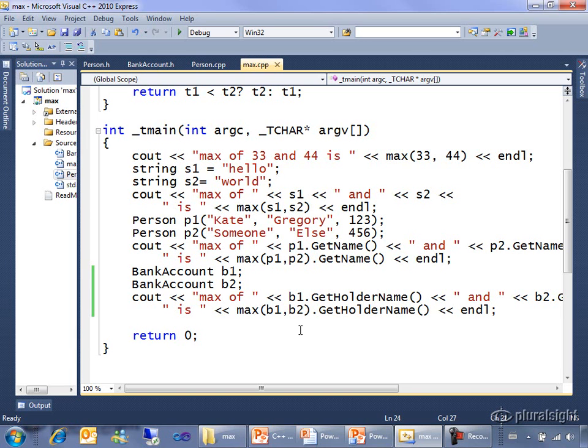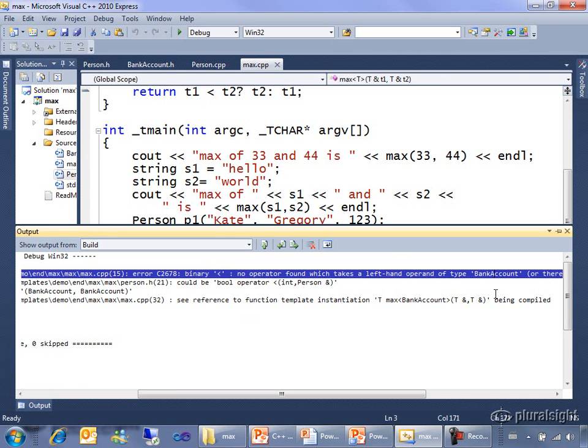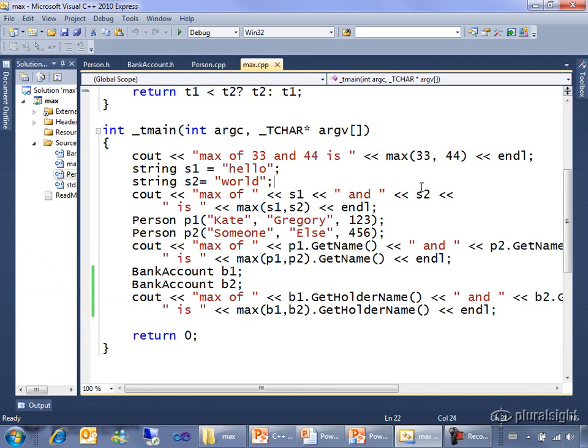You kind of need to know that max uses less than. And that by calling max, you're trying to use less than, and you don't have one. You don't really get a good error message saying you don't implement the right stuff to use this template. The burden is all on you as the person who wants to use the template. In this case, a bank account developer who wants to use max needs to know what that imposes on bank account, by reading the documentation, if all else fails, maybe by reading the code